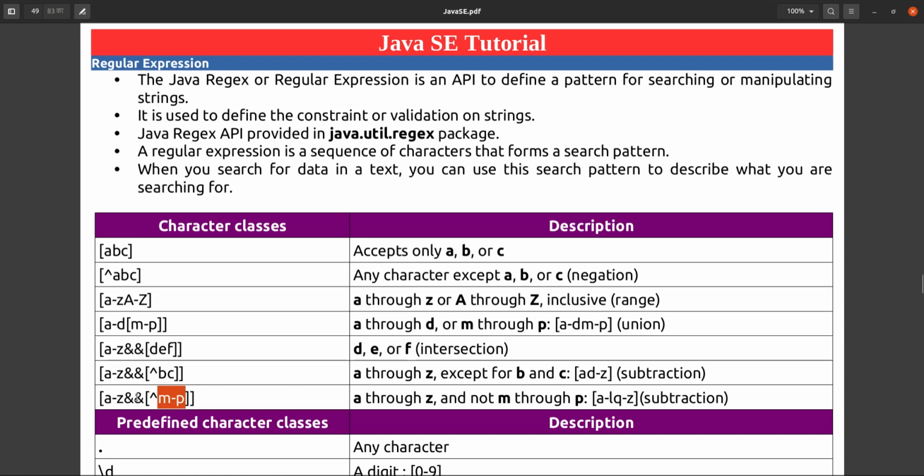Okay, so here also that is intersection only, but we are making the negation in form of range only.